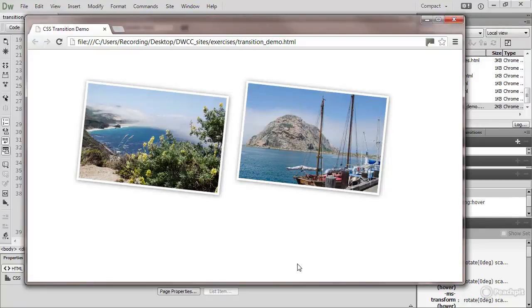In a browser, I've opened transition_demo.html, which you can find in the Using CSS Transforms and Transitions folder of the course assets. Both images in this page have been rotated using the CSS Transform property. The Transform property is also used to scale up the images and rotate them back to the normal position when